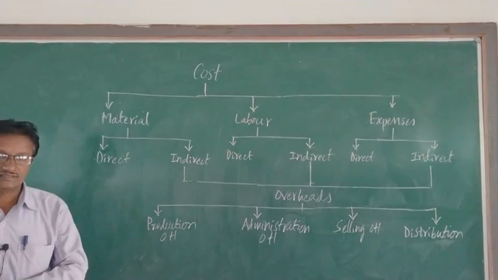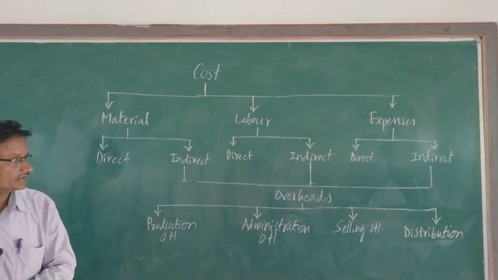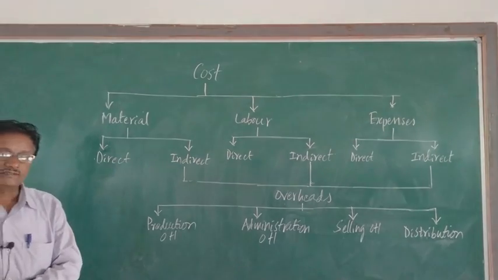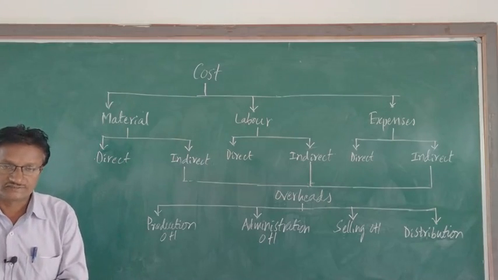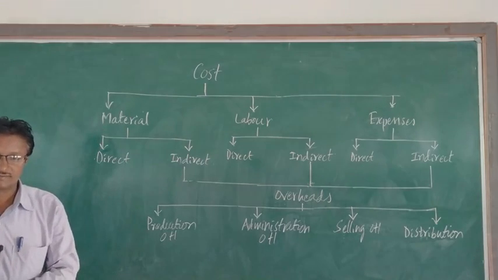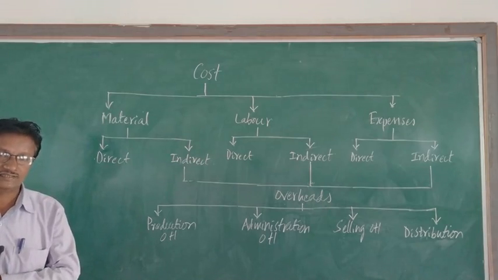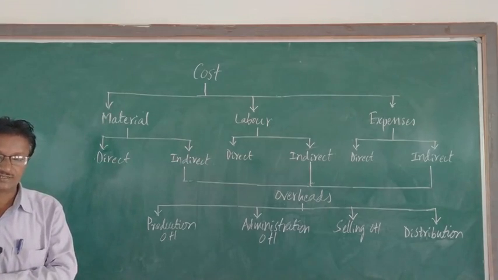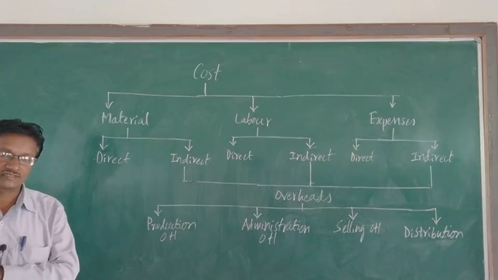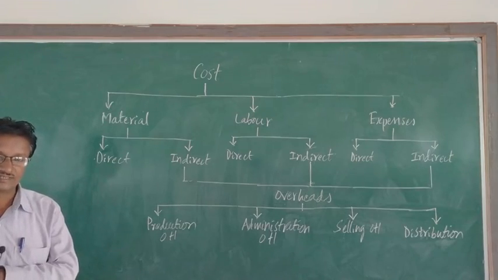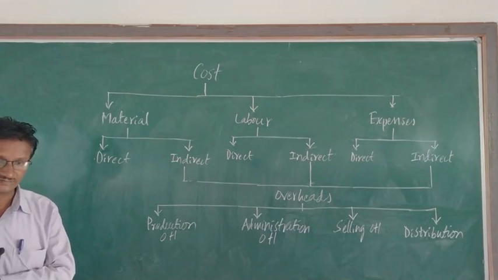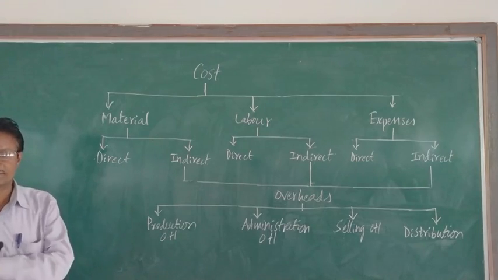What is direct labor cost? The remuneration or wages paid to workers who are directly engaged in converting raw materials into finished goods is called direct wages. For example,